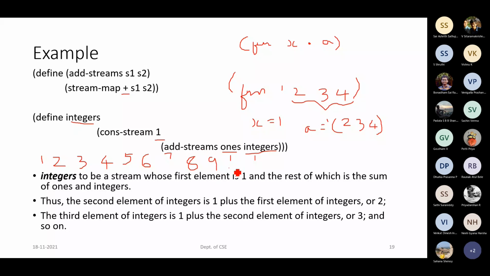It will go on. So in exam, what type of question we can have from the streams is nothing but, we may give some kind of procedures and some scenarios, and we can ask you what will be the 5th value, what will be the 10th value generated by this series, or whether it is an implicit stream or whether it is an infinite stream. So these are the expected questions from this.